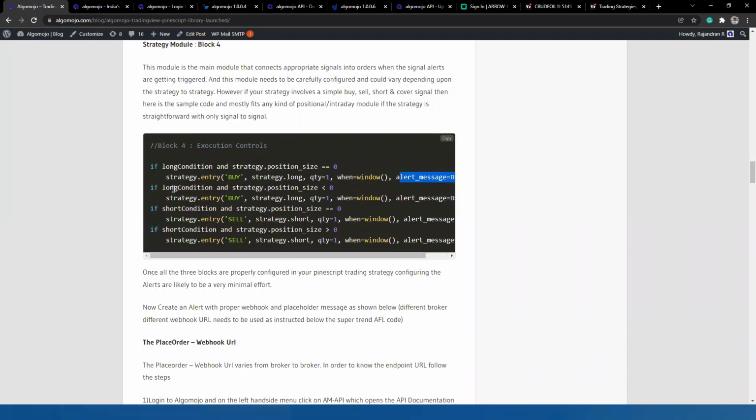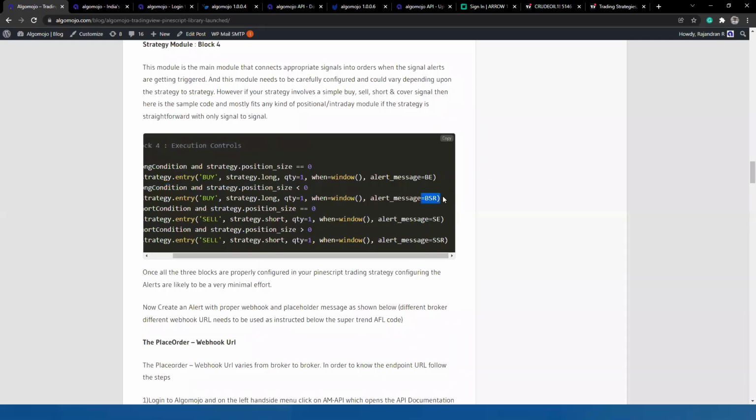If you are having a buy signal and already shorts are running, then TradingView knows that you are already running short. So your position is negative. If your position is less than 0, that means strategy is already running short, but now a long condition is happening. Now in that case, one has to enter a BSR, which will convert the existing short position to a buy position by sending double the times of quantity.